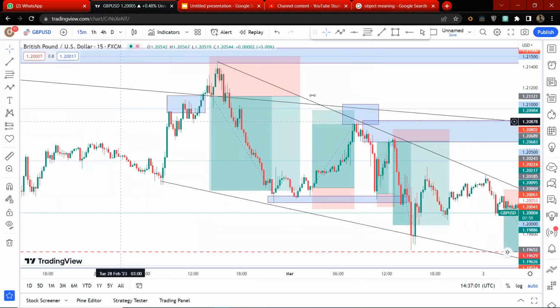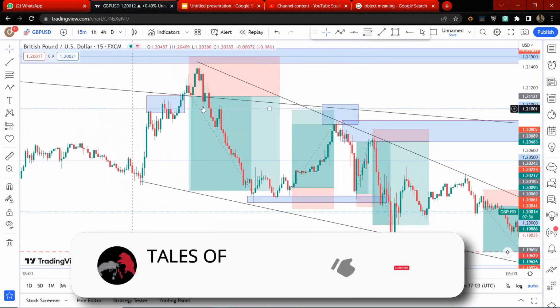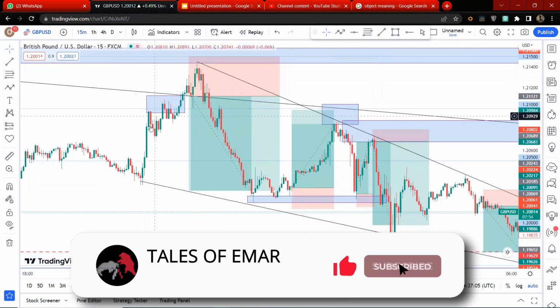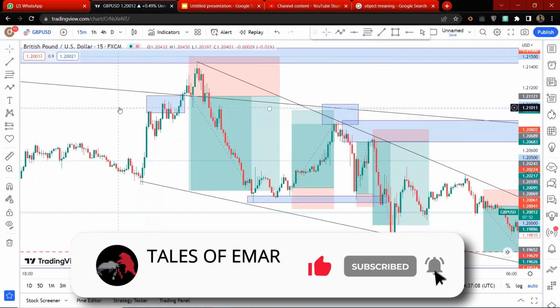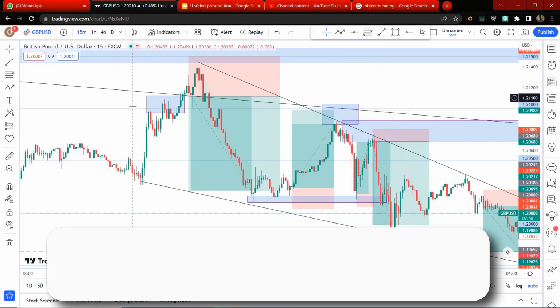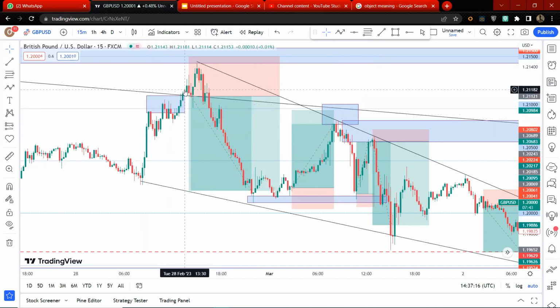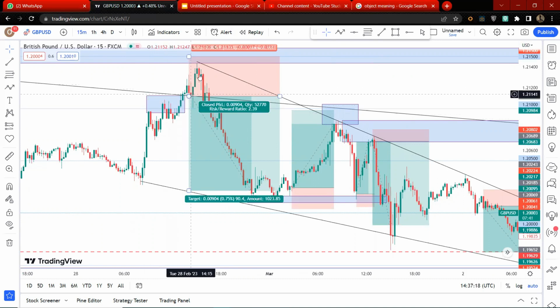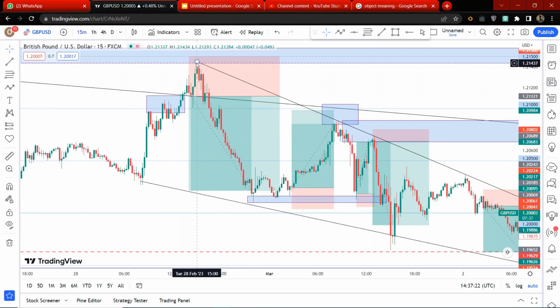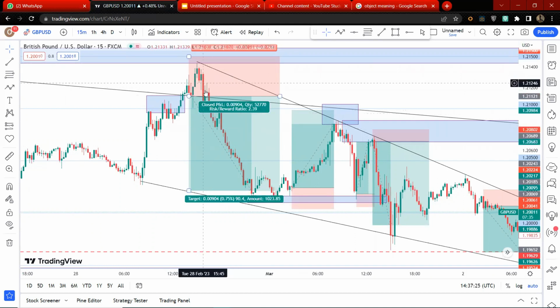My internet is kind of messy, so bear with me. So why did we take this sell? We're supposed to take this sell from here. Reason being, there's a psychological level and a trend line, and there's something like an order block around this area, but the market formed an extension. So we started using the cost averaging system after it gave us this M pattern. We're in deep losses from around here, but it didn't hit our stop loss. It bounced off this order block and dropped. So we hit 90 pips. This was our first take profit. Then we were trailing our stop loss and boom.